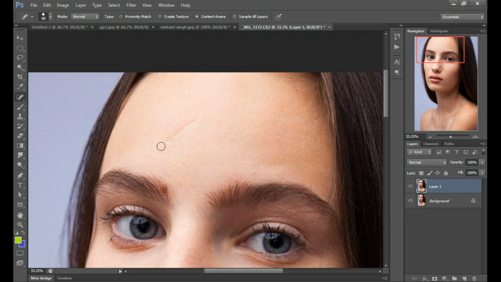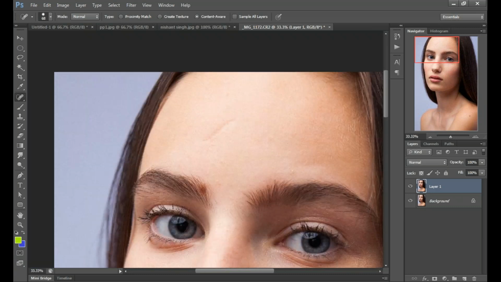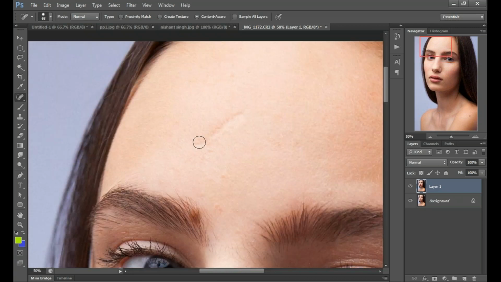You can see a cut mark on the forehead. Just move your mouse, and by clicking your mouse, move your mouse over here and done.